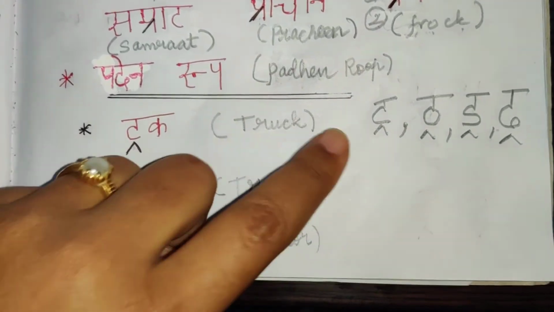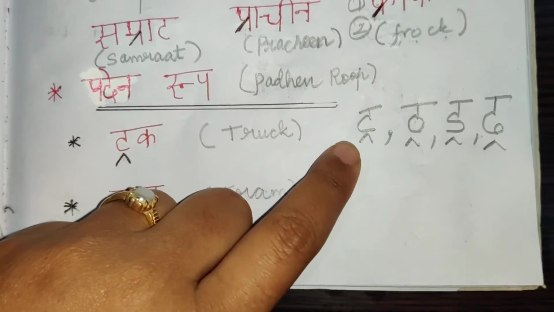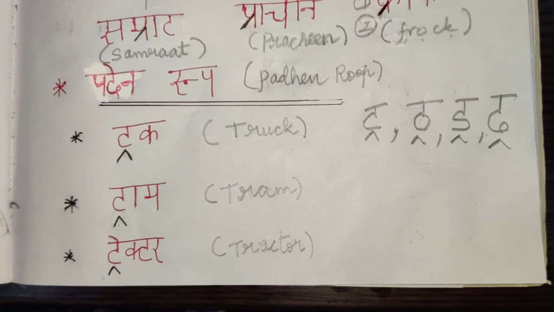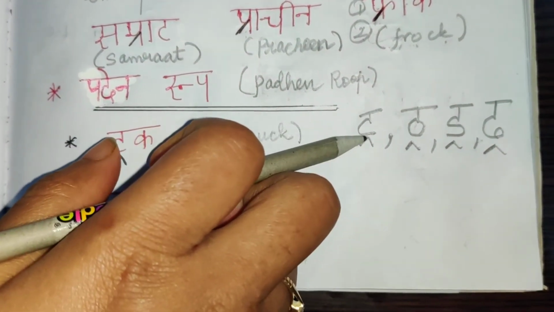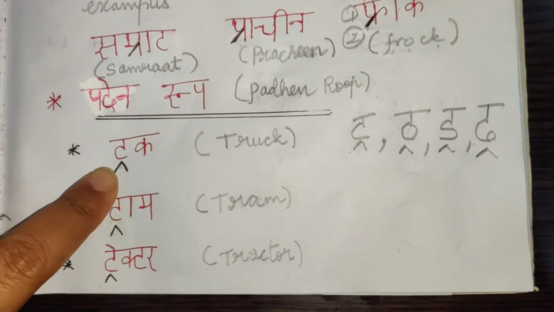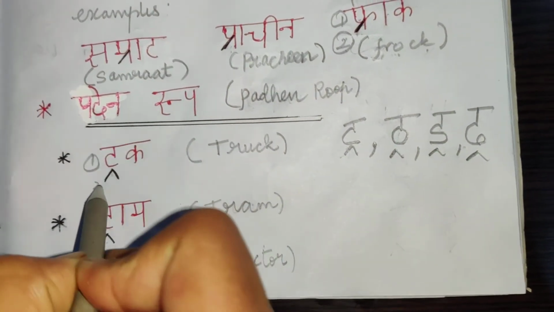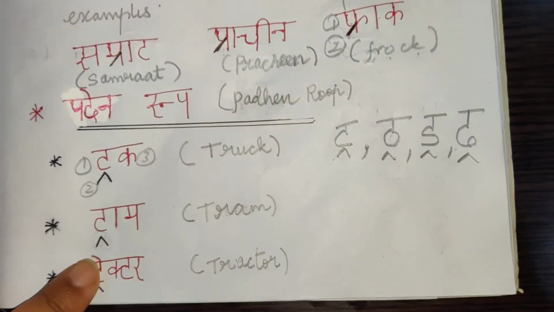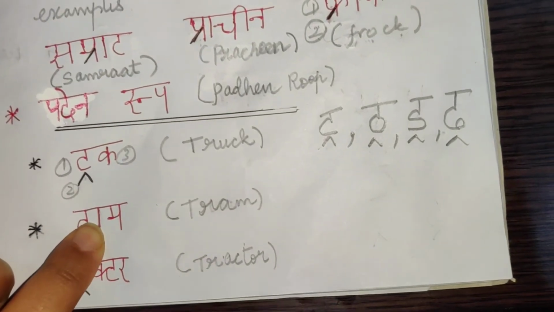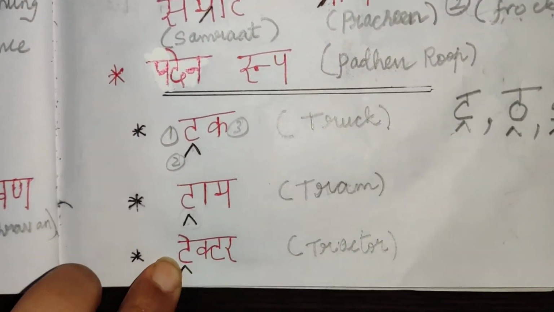So why do you have a slanting line, and why do you have two slanting lines joined together like this? Because here you don't see a standing line, so you have two slanting lines. It's like this. So for truck it is normal ta ra ik. And this is drum, ta, this ra matra will be applicable, and this will be as usual im.